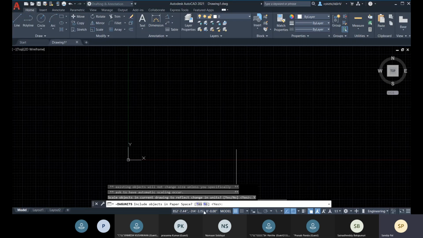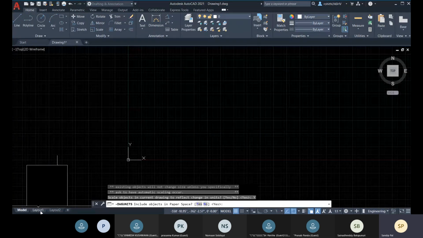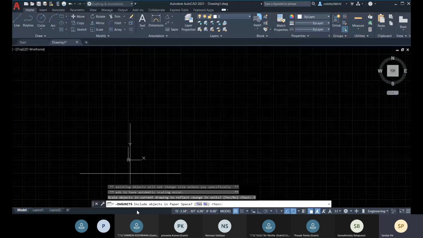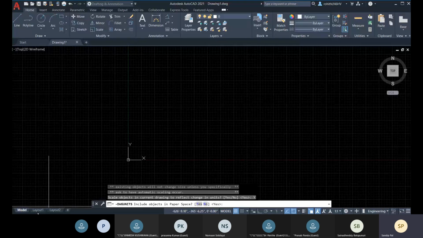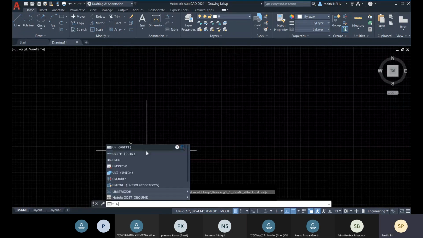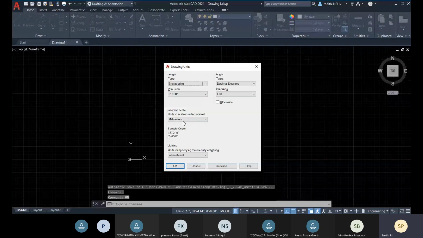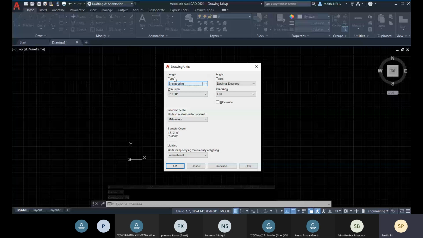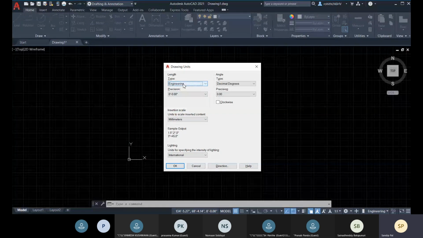About the paper space, I have already mentioned that this layout tab has the paper space, and the paper space is the finite area as per the length and width of the page. So yes, I need to include in paper space, go for yes. Okay, now go for unit. Now you check there that the insertion unit is set as millimeter, and here the length type is changed, the precision is changed, right?